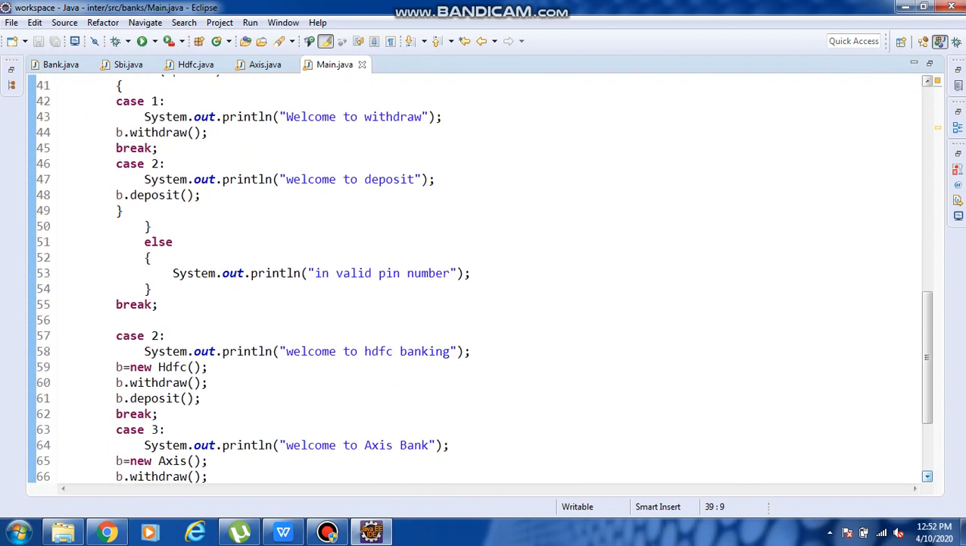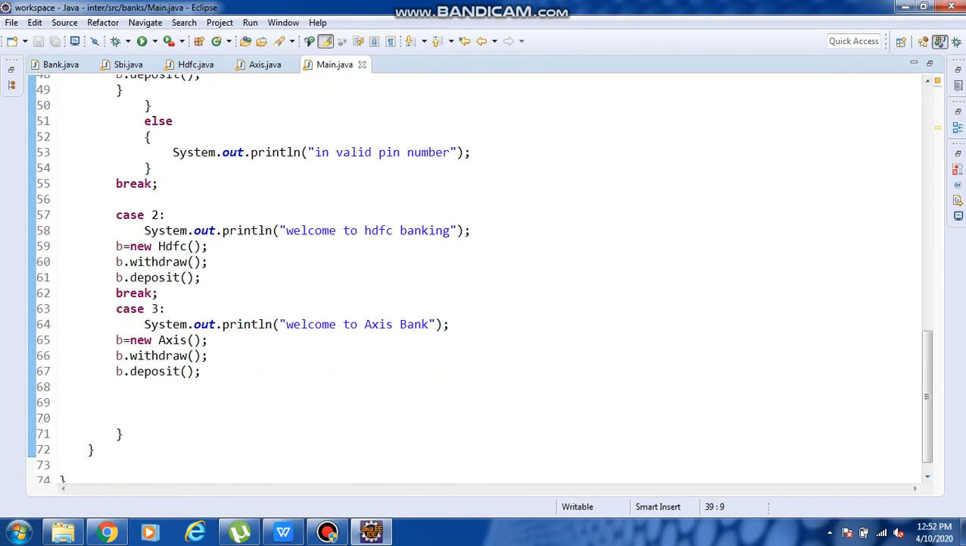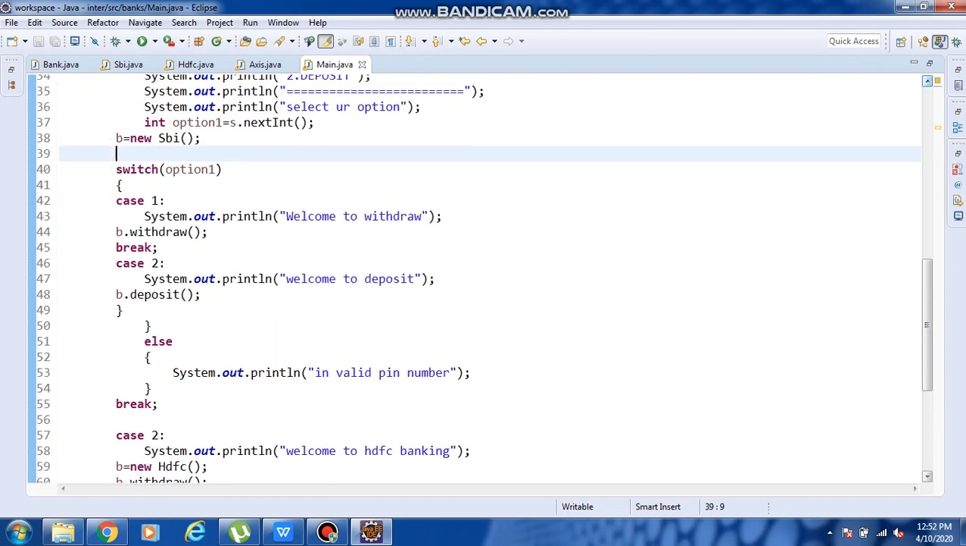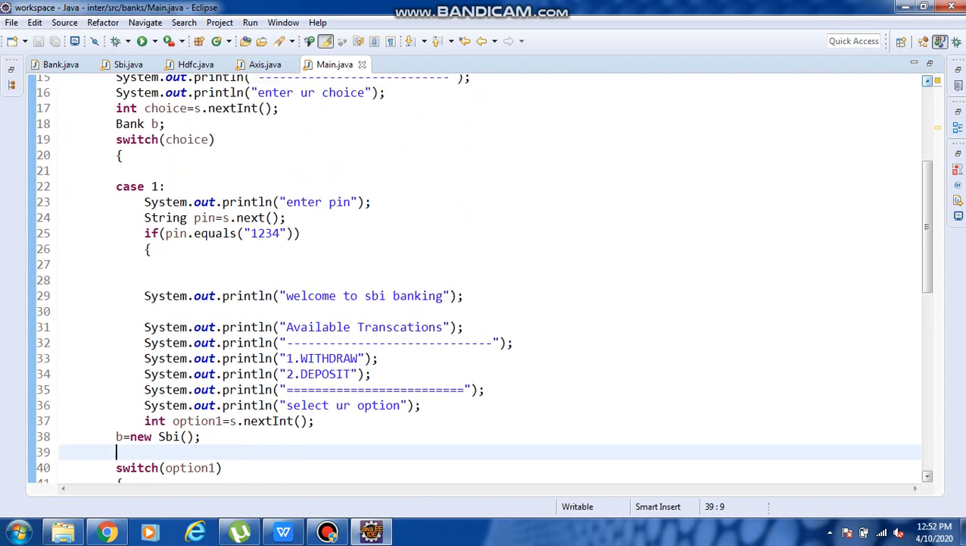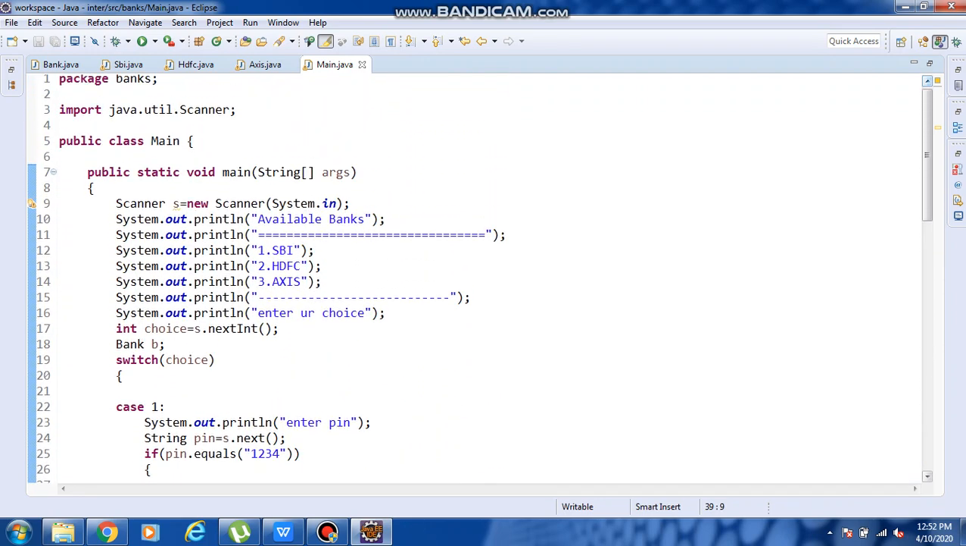Okay. So now I hope everyone is clear with this example. Here I performed the operation only for SBI. Same like that, whenever you are practicing, you go and perform for HDFC and Axis Bank. So this is a real-time example. This is how real-time projects are going to work. We can say this is a real-time example of abstraction, and it is a small project based